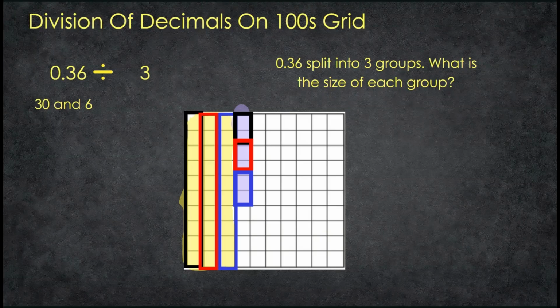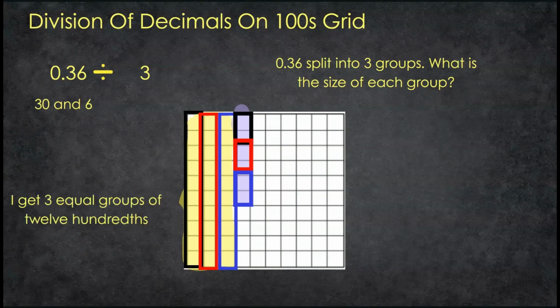So now all I have to do is combine. I'm going to combine my tenth plus my 200ths, and that's going to give me 1200ths. So I see 3 equal groups of 1200ths. One group is in black, the other group is in red, and then the last group is in blue. So 36 hundredths divided into 3 equal groups is going to give me 12 hundredths for the size of the